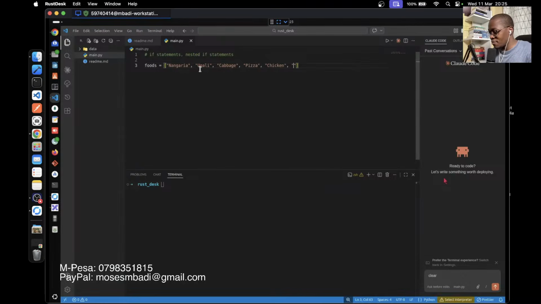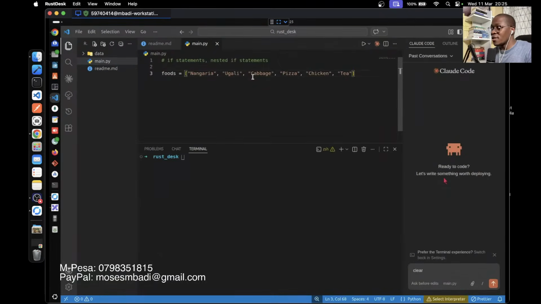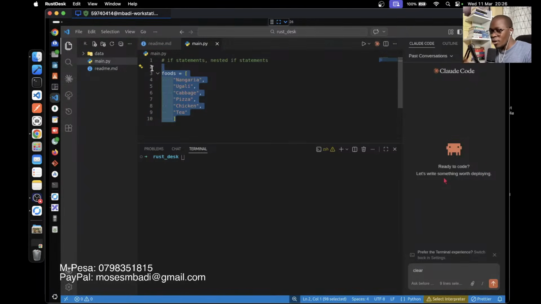And then we have tea. All right, so this is our list. You would imagine, for example, this is a hotel and they have these foods available. Now, it's also interesting to note that you don't have to type your list like this. You can type your list going down. So here we can just say that goes there, and then that goes there, and then that goes there. It seems like a lot of work for me. That goes there, that goes there, and then we have these closing square brackets. So your list can be in this format, or it can be aligned in one line.